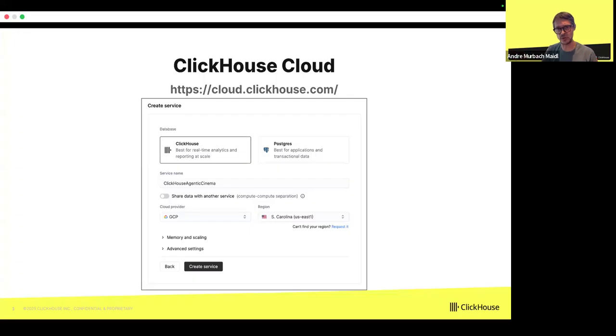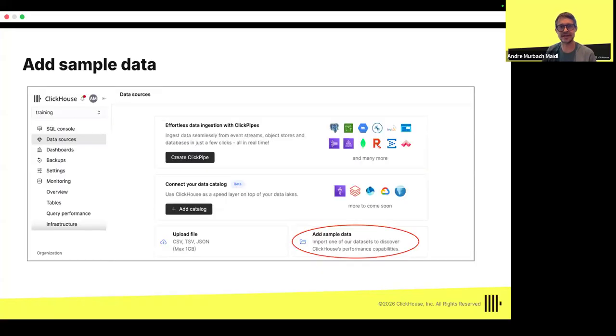Because when you are running ClickHouse on ClickHouse Cloud, you are going to use one provider like GCP, and you are going to have three replicas running for your service. So you can really see how ClickHouse works when running the database on more than just one node. And of course, you can also pick a region that is close to you. I picked this one because it's the one that is closest to me in this case.